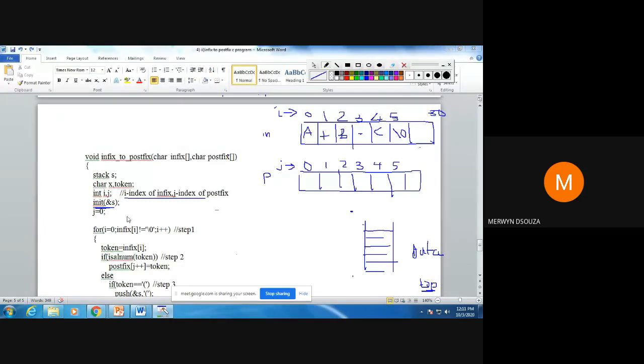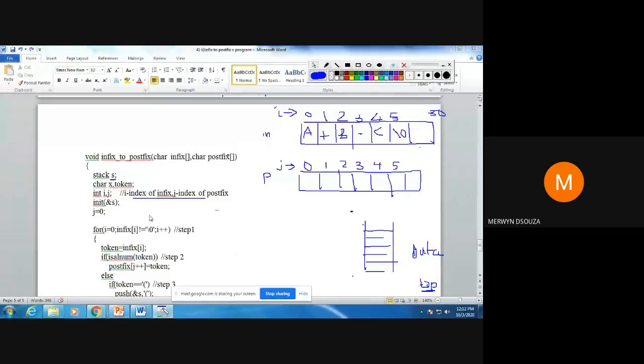Now, like I told you before, top is a data member of the structure. So if I want to access this, I have to use a structure variable. So I'm passing the structure variable that I had defined here. I pass it using reference. Okay, I pass using reference. So whenever you pass using reference, you're passing the address of this variable.